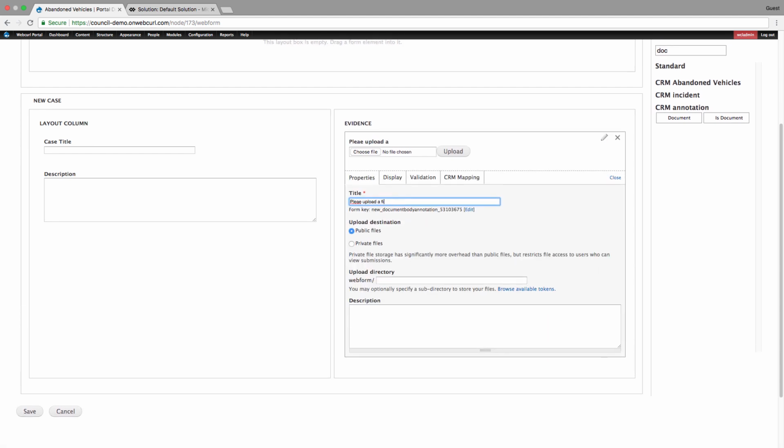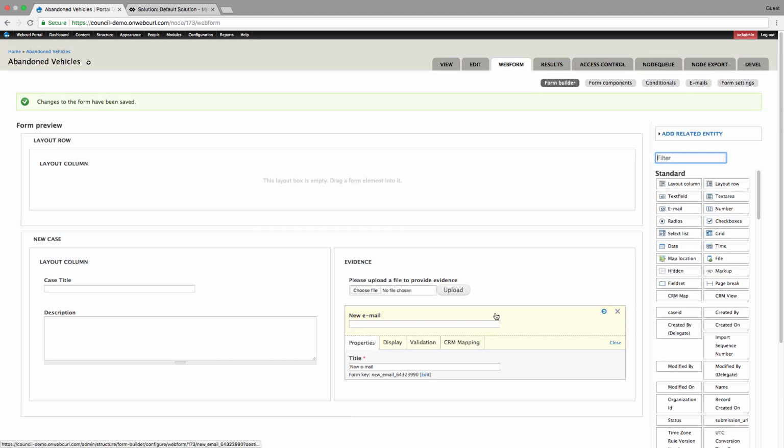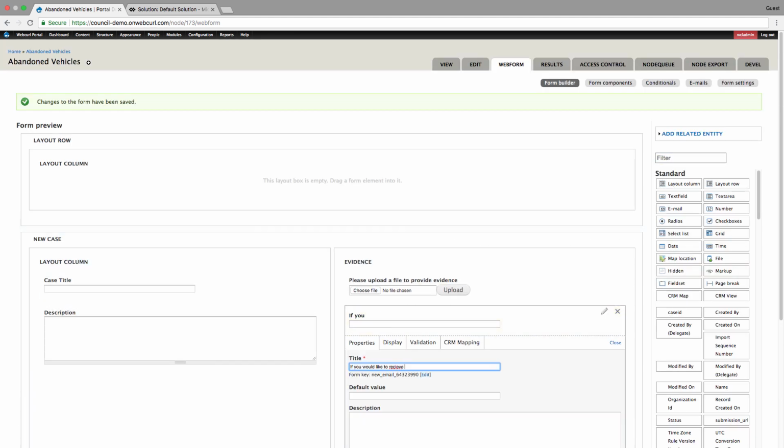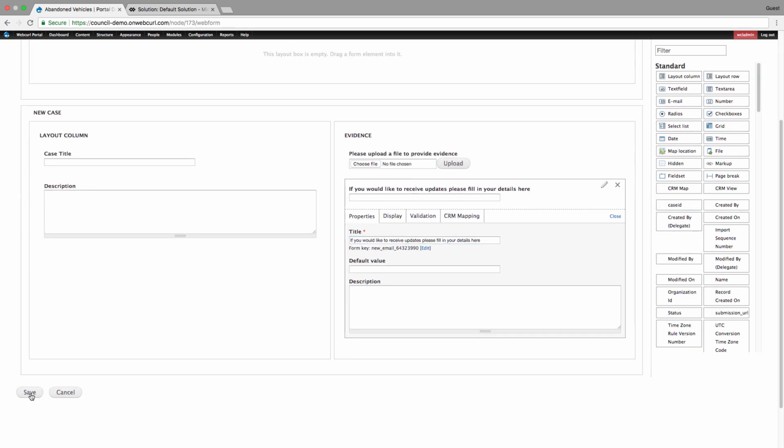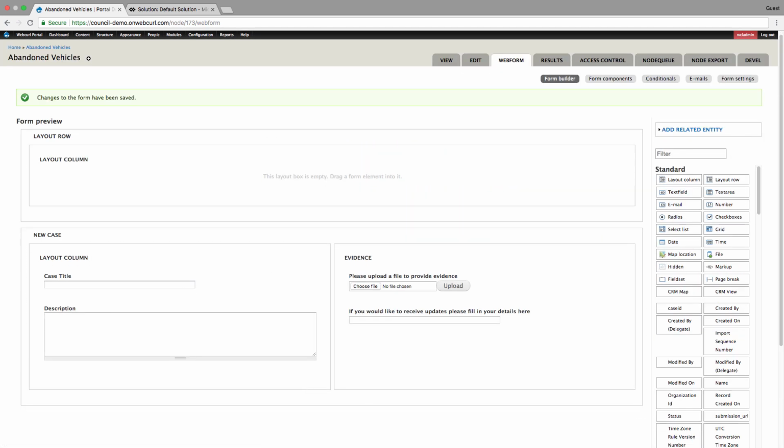You'll see here as I start to update my title, the forms themselves have spell check built in, so it'll always spot an error if you have one in your form. I can then go ahead and start to add my new fields accordingly until I'm really happy that my new case section is complete. So I'm now going to turn my attention back to the map element at the top